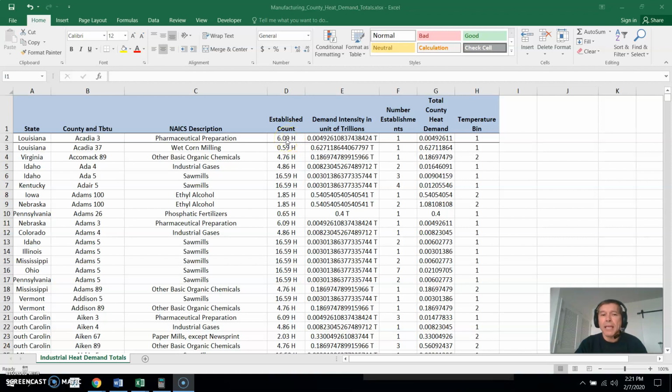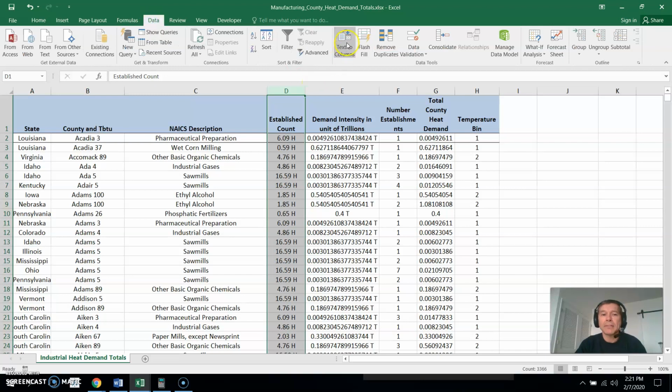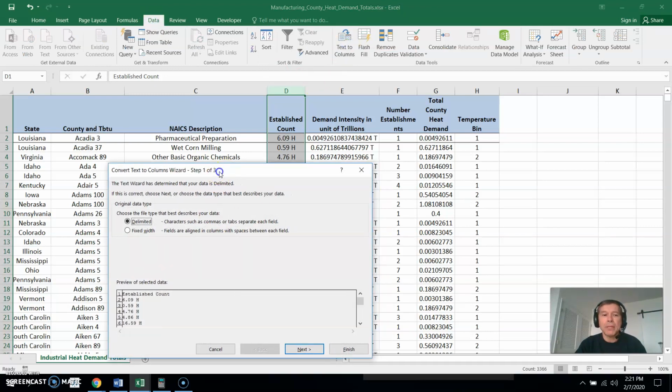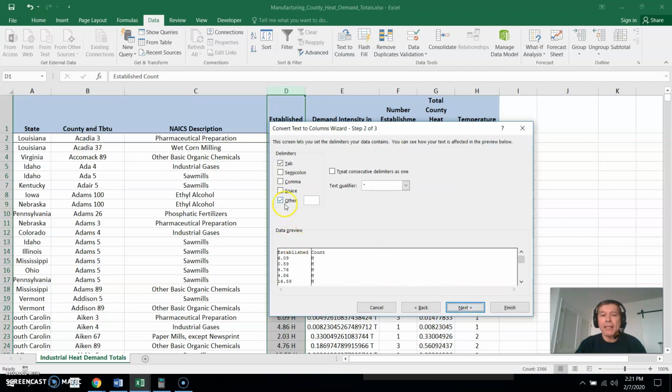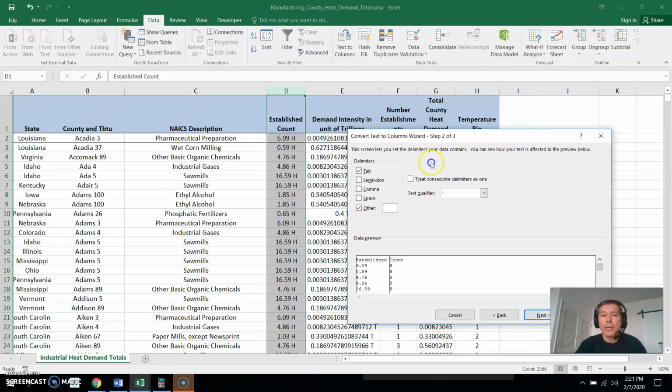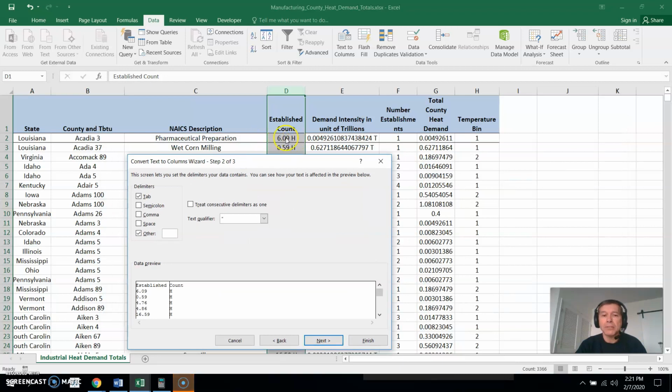One way we can do this is to highlight the column that we're on, and then on the data tab do Text to Columns. Keep the data where it says Delimited, say Next, and then down here where it says Other, make sure you choose that and put just a space, hit the space bar. It's saying to break this into two columns based on the space. There's a space between the 9 and the H, so this is where it's going to break it into two